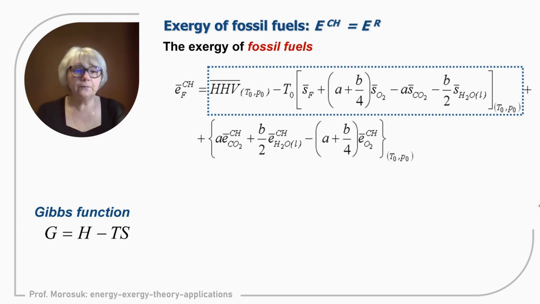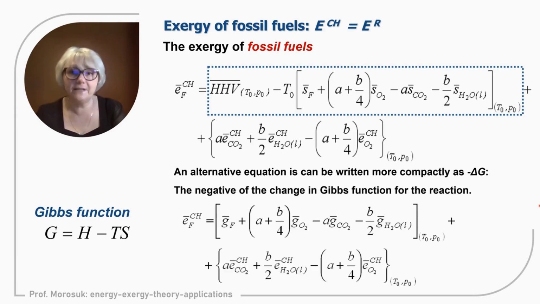And the Gibbs function is very popular in chemical engineering. Therefore, it is very easy for all chemical engineers to describe the concept of chemical exergy because it is associated with the Gibbs function. And the equation immediately becomes much simpler because only the Gibbs function is included, and also the standard chemical exergy